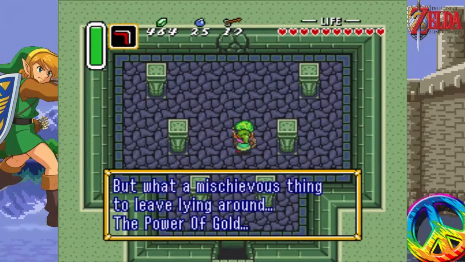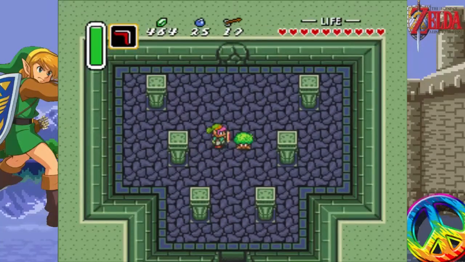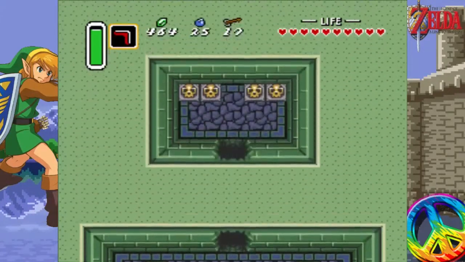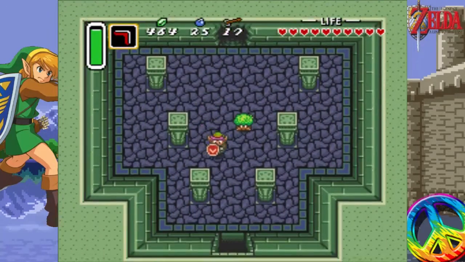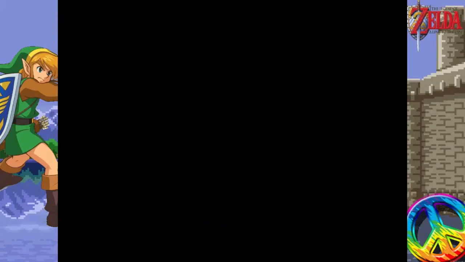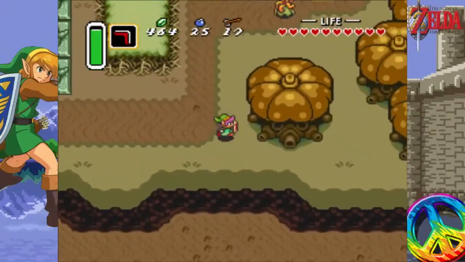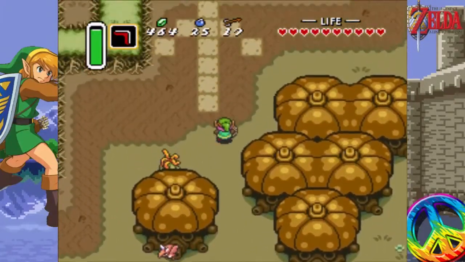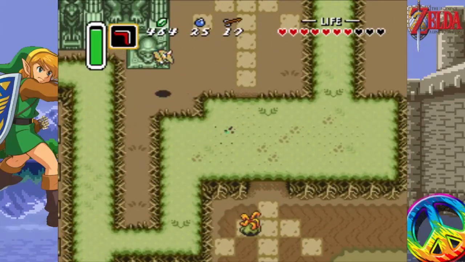But what a mischievous thing to be lying around. The power of gold. Triforce. Oh my. I don't know if that's actually the first time in this game where the word Triforce is used. Until this point, I'm pretty sure it was always referred to as the power of gold. So yeah, you can break down that little path behind him, and the only thing there is hearts. Reminiscent of when we spoke to Sahasrahla in his location in this area, though not quite. Gigantic Arrow tells you that you can travel underneath...